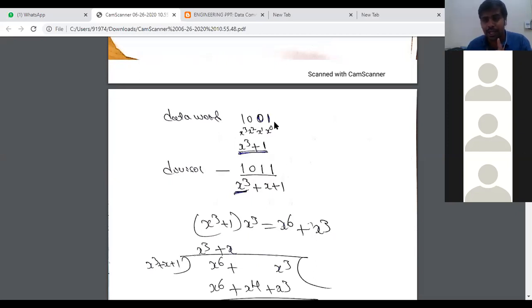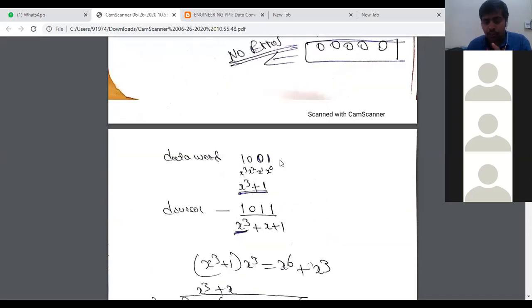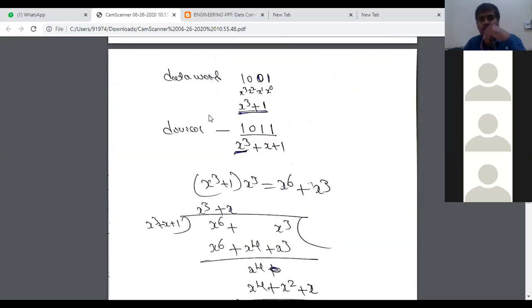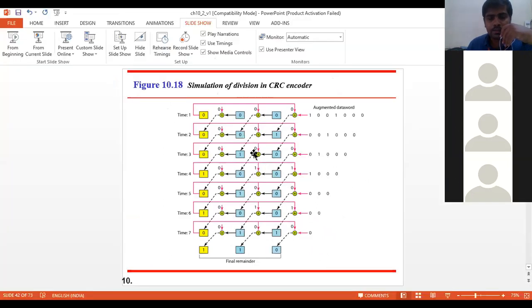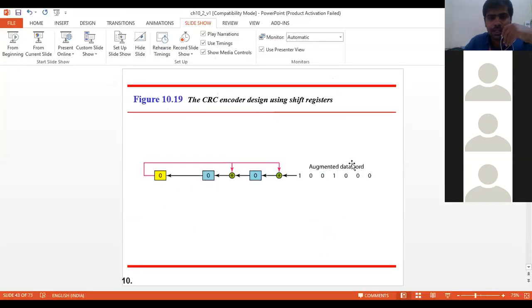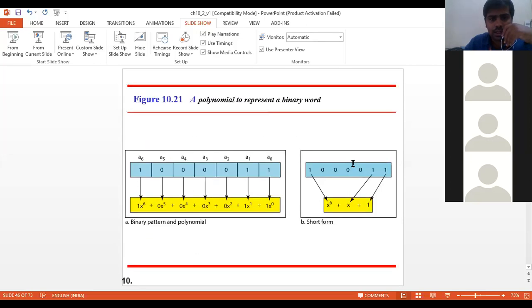If it is in terms of cyclic redundancy check, whatever we have seen till now, it is well and fine. If the question is using polynomial, then what you are supposed to do is, now assume that in this case the data word I have taken is 1001. Before this, let me check. How to represent that polynomial? Let me share the PPT once.